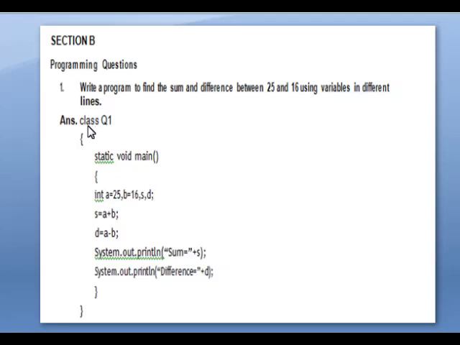First we have to write the class name, class Q1. So if you want, you can write class calculation. The class name is your choice. Here it is Q1. You write any class name related to the programs. Here we are going to find out the sum and difference, so you can write it as calculation. That is also right. Then open curly braces. When you are writing the Java program,